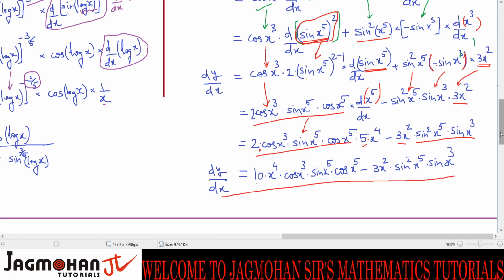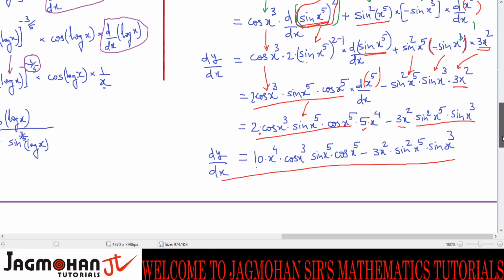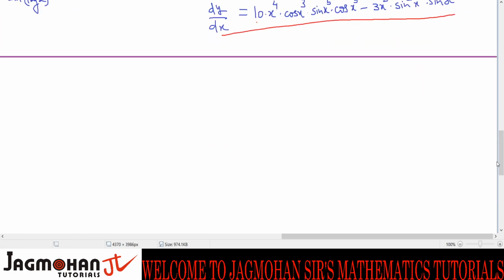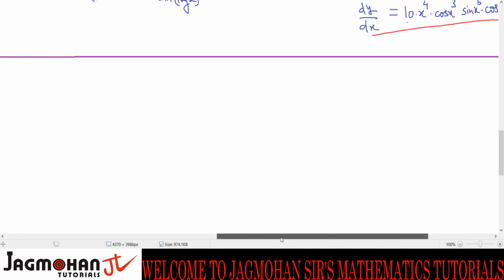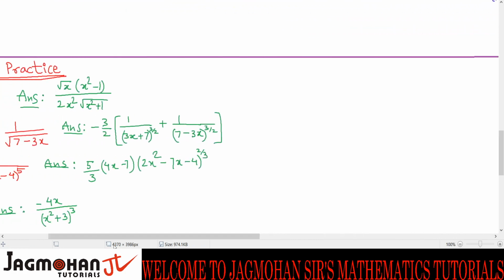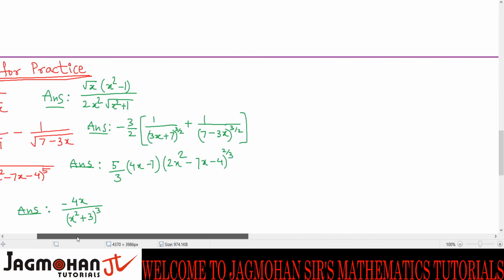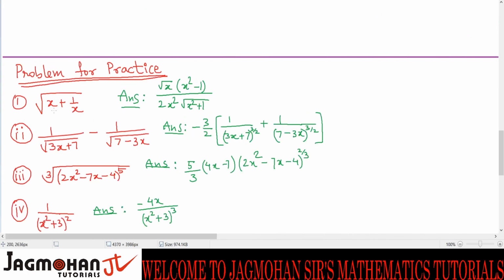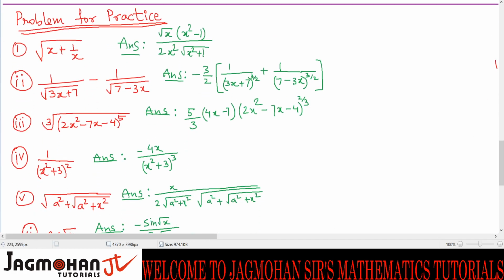This completes our lecture number 4, and after this what I have got for you is a number of problems for practice. Some problems I have written for practice which you will all solve. So these are the problems for practice. I want that you all practice these problems. I have written the question as well as the answer. Now in short, I will do the revision of these questions. I will give you the hint of these questions.